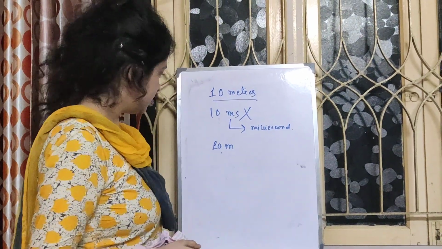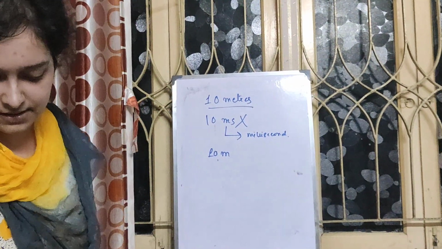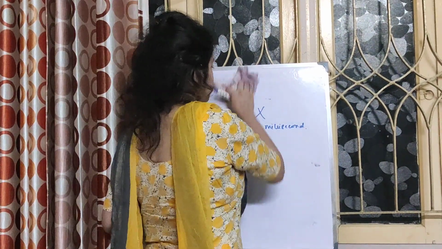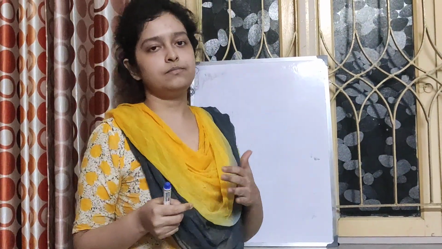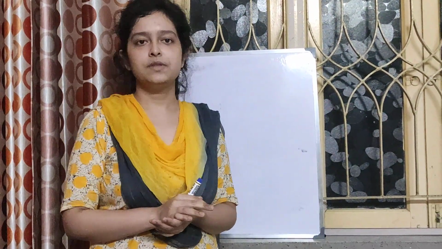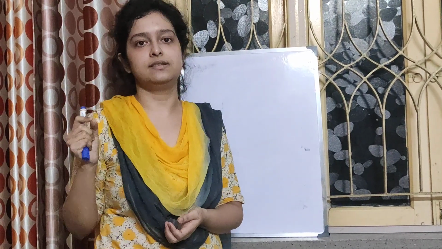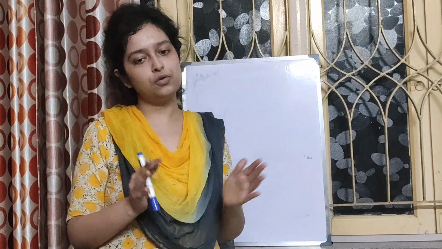So I think I have covered the whole of chapter 1A. Let me just see whether anything is left or not. Okay, so we have covered the whole of 1A. So just go through the portions which I've just covered, okay? It's a very small part, but it's a very important part also, because you tend to make a lot of mistakes in the units and writing the units, or in various derived units also, and some conceptual facts also. So that's all for today. Just go through the portion which we have completed, and we'll continue in the next session, okay?